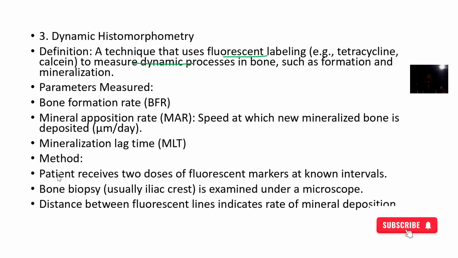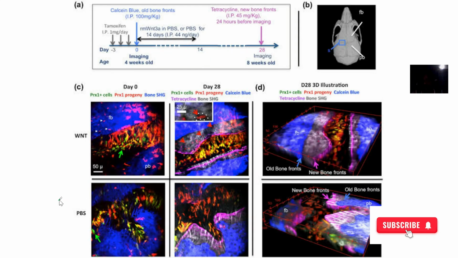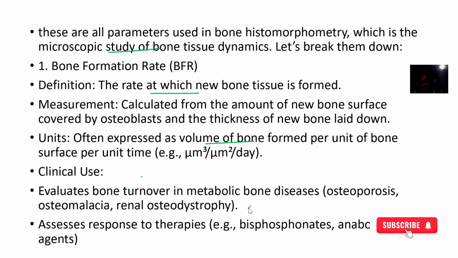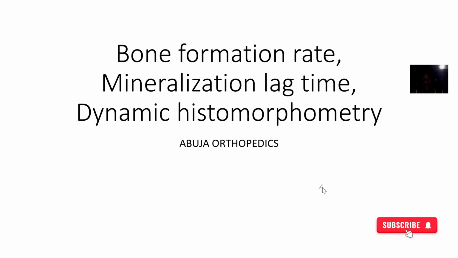The method is that the patient receives 2 doses of fluorescent markers at known intervals. Then a bone biopsy is done, so your bone will be examined under the microscope. Under the microscope, they get to see how bone formation is going on in your body. The distance between fluorescent lines indicates the rate of mineral deposition in that person's body. So for these 3 parameters as related